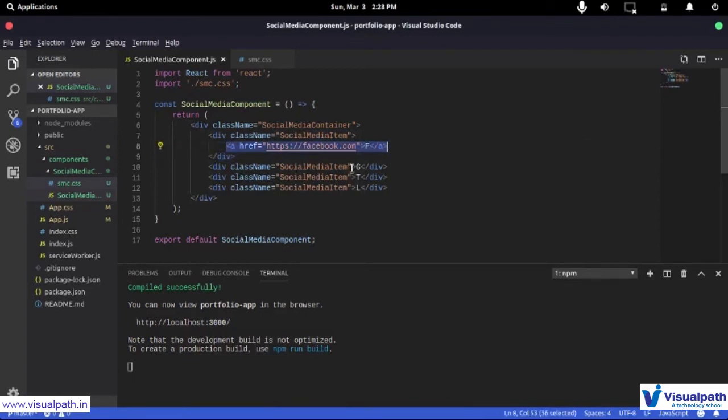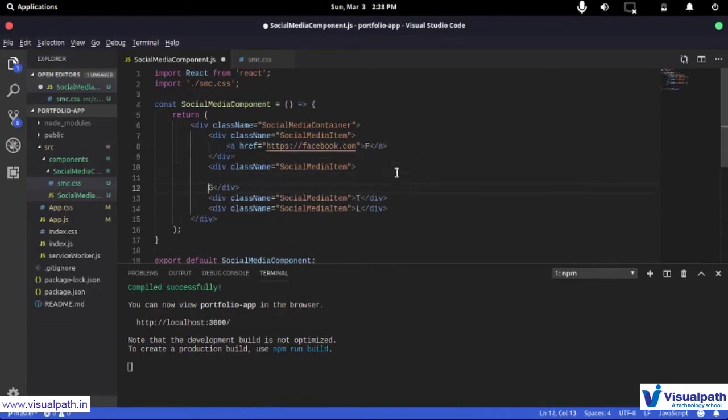And I'm going to copy paste this for all of those. So I'm going to remove this here, paste it here, and call it G, and in here I'm going to do the same.